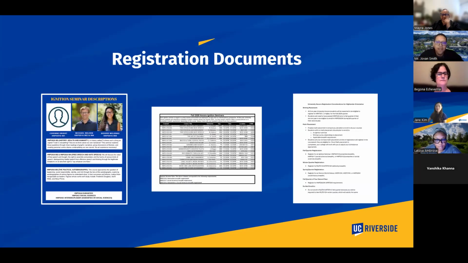All right, and that leads right into the important registration documents that you'll need. Earlier this week, you should have received all of these documents sent very kindly by Myra. If you did not receive any of these 3 documents, they look just like these on the screen, please reach out to us as soon as possible. These are going to be extremely helpful for you next week when you begin registering for your classes, as they really explain what the first year classes are. And so we'll start covering a few of those.